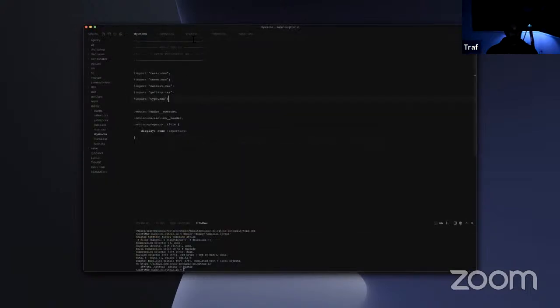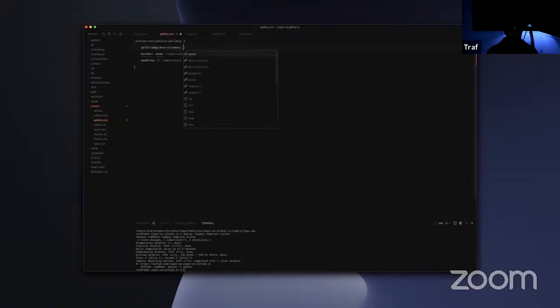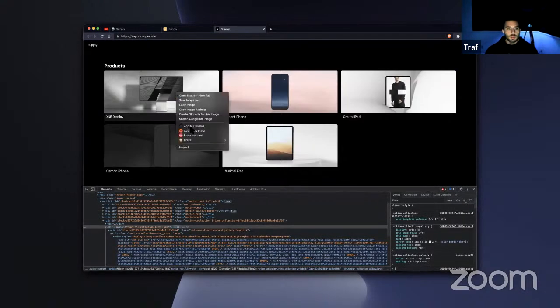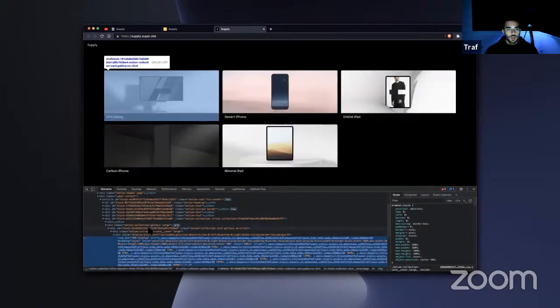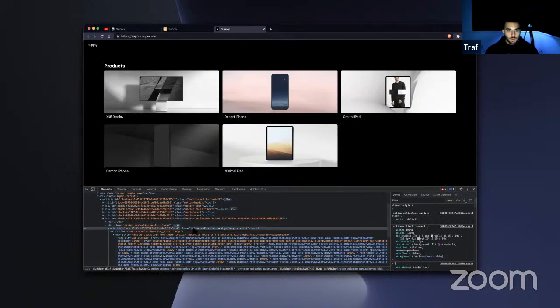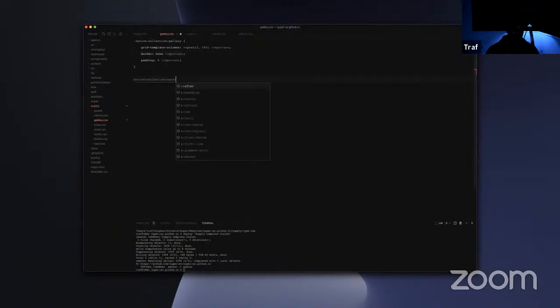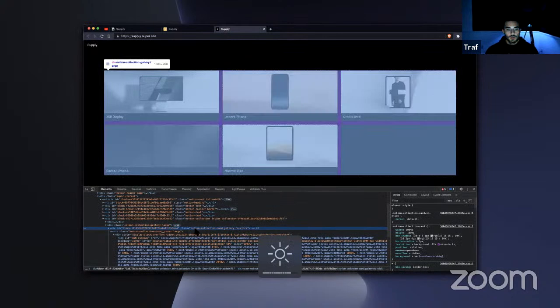Yeah, Notion collection gallery. Three times, take up the full width, except for this first one. So the first Notion collection card, we're going to